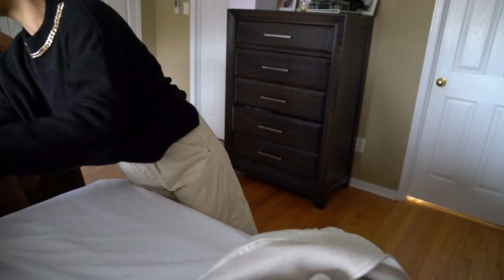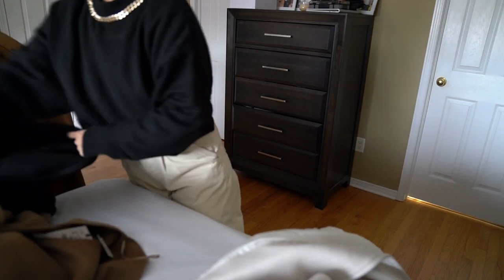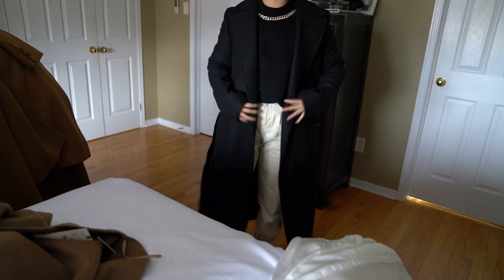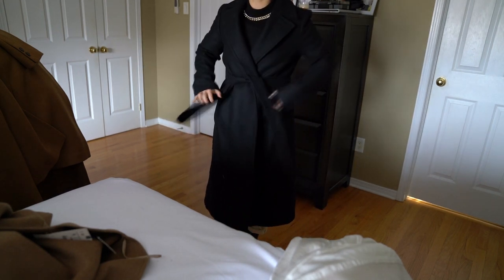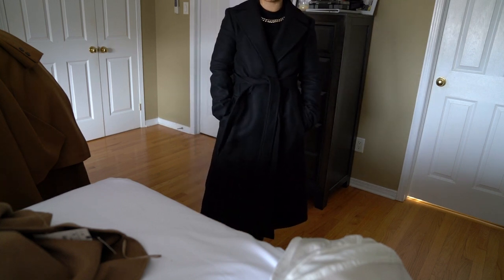Let me see if I can find the black one easily to show you guys. So here is the black one. This black one is an extra small, so you can tell the difference for sure. It's pretty tight, so if you're wearing a thicker sweater in the winter or something a bit larger, thick inside, then you might not be able to wear a small size. I would say extra small would probably fit me better in general,